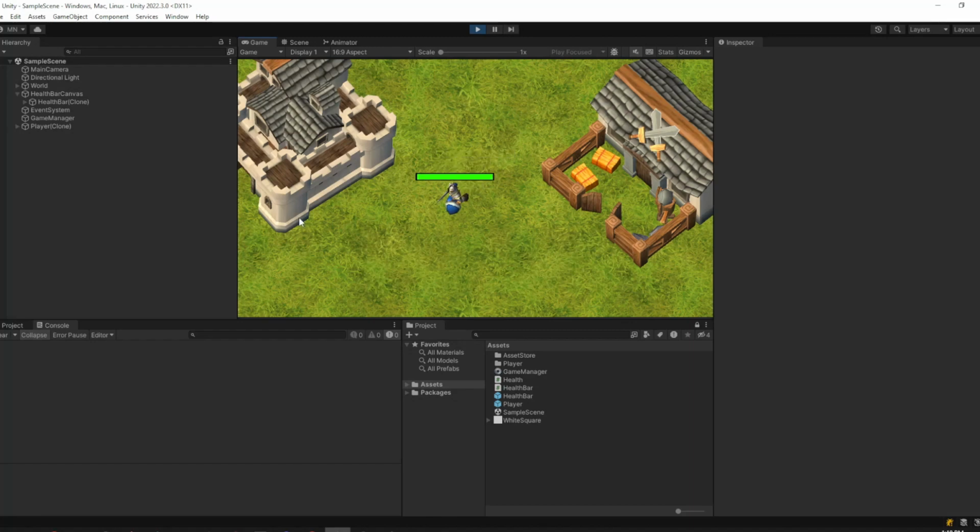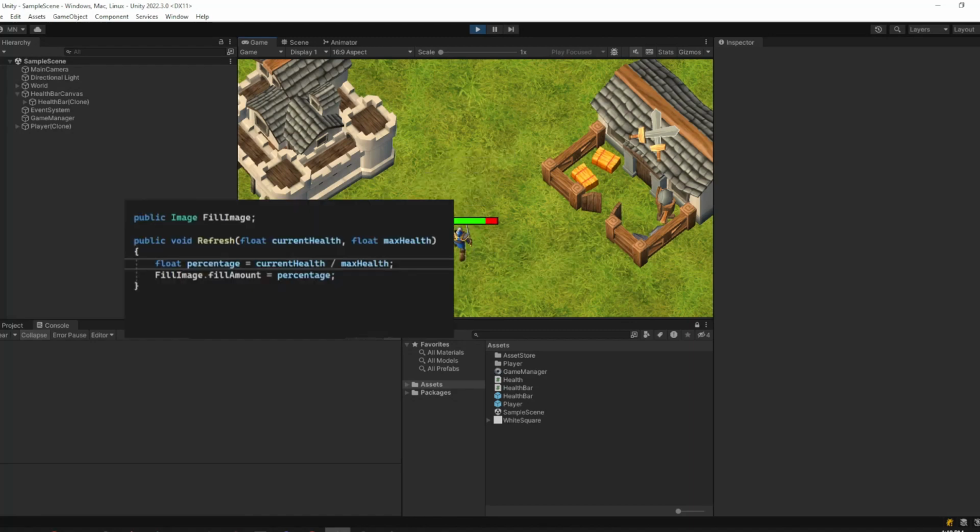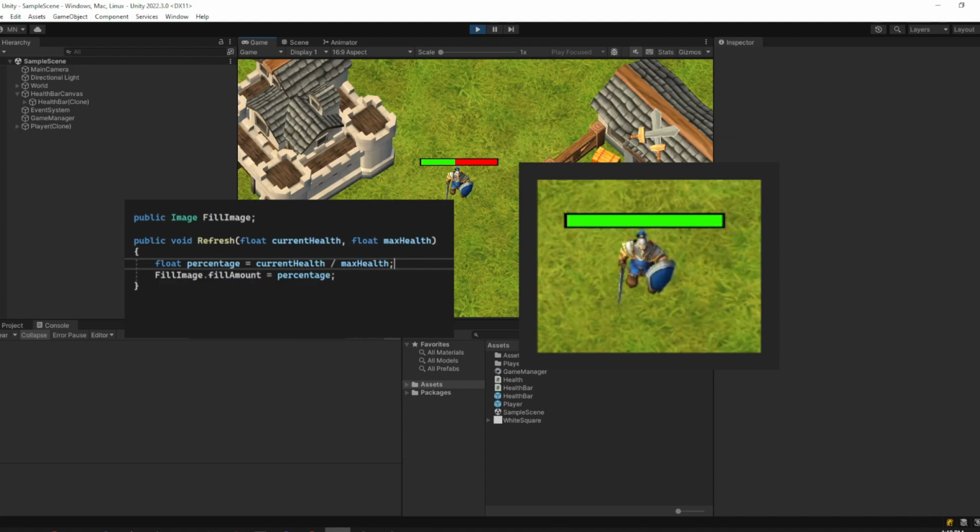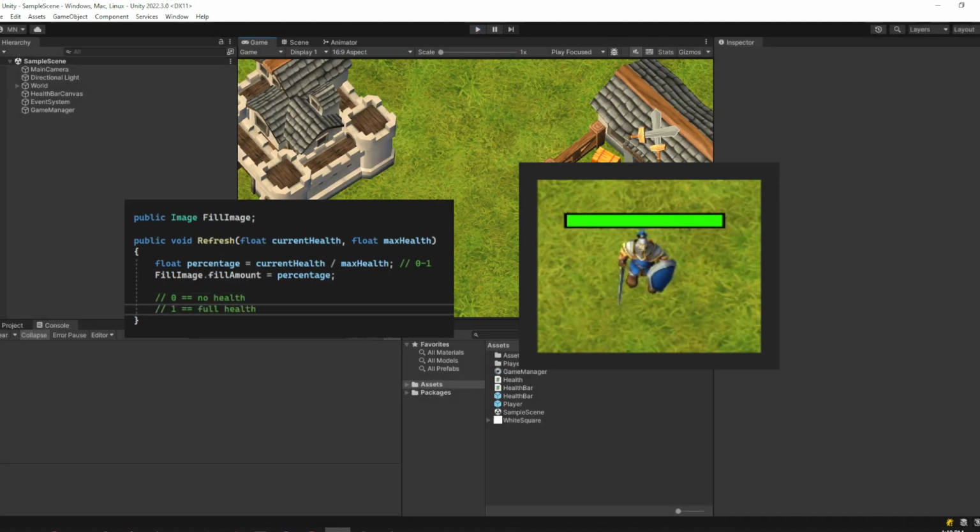A health system is made up of two pieces, the data to represent it and the UI to show it. For the data, we need a current and a max health. Dividing the current by the max gives us a value between 0 and 1, where 0 means we have no health and 1 means full health. Using this value as a percentage, we can hide part of an image to give the effect of a health